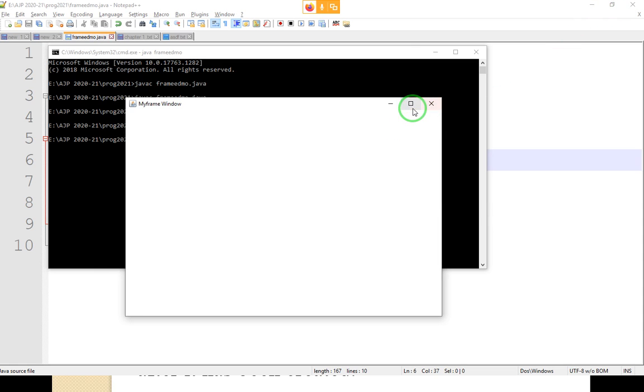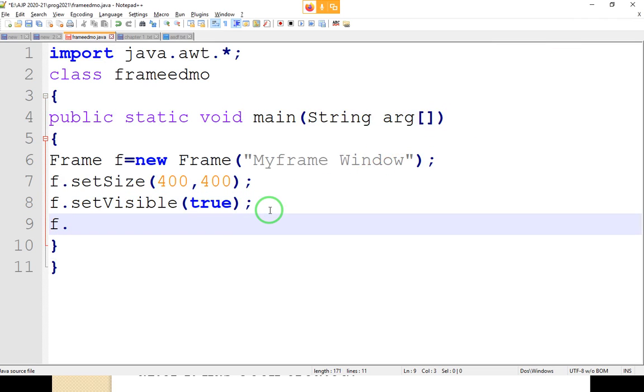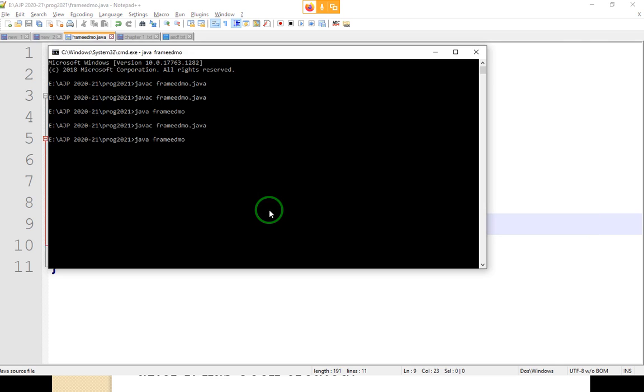Now this is resizable, but if you make setResizable false, then there is no way to resize your window. Your window size gets fixed.